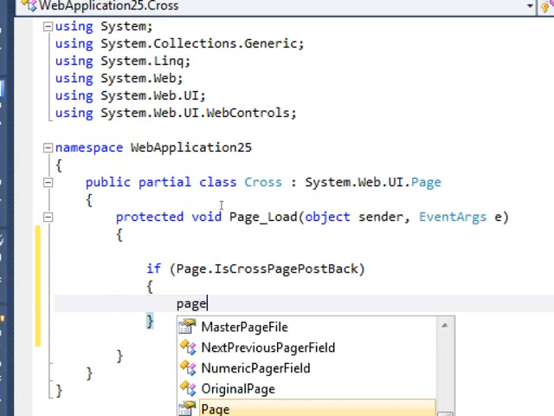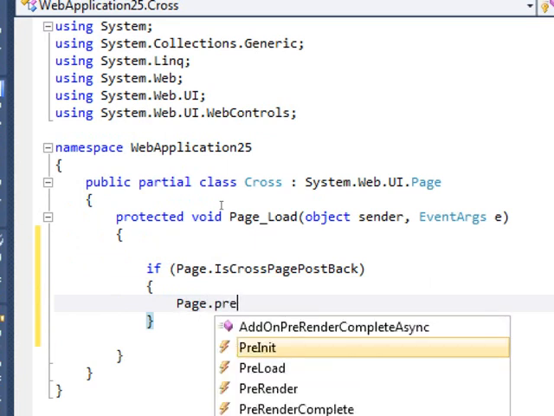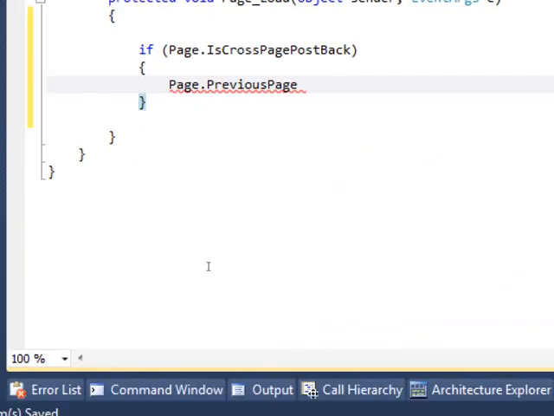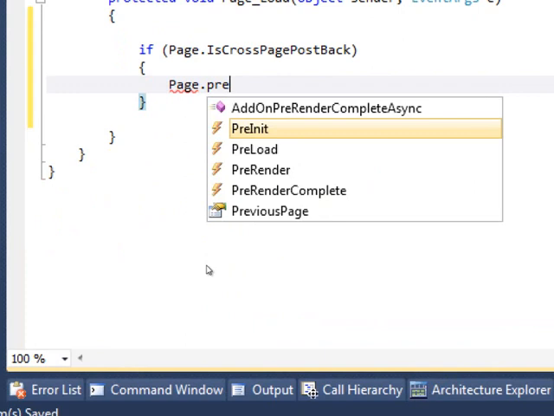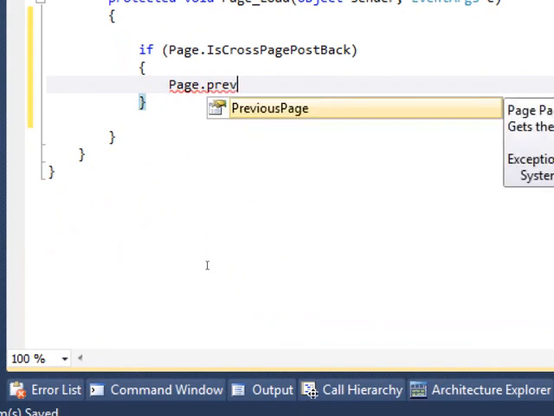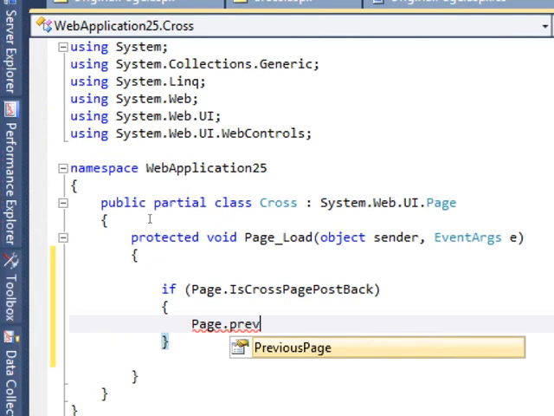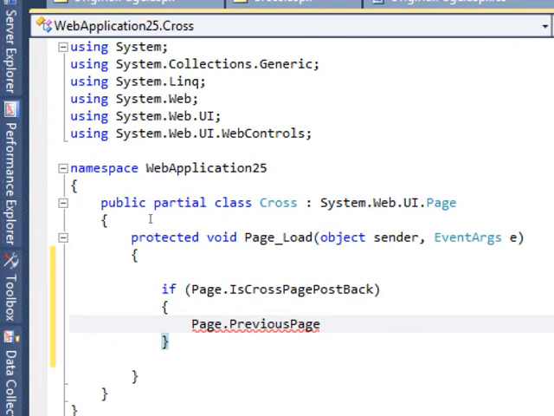So I have this Page.PreviousPage. Before I proceed, just to tell you what this previous page is, you notice here it gets the transfer control. It gets the page that is transferred to this current page. So PreviousPage dot,